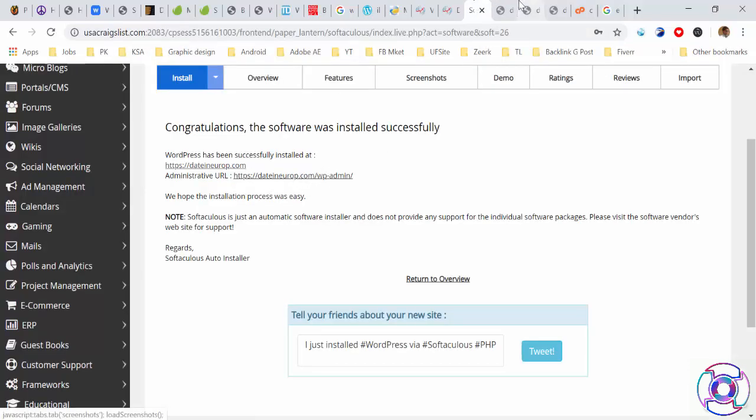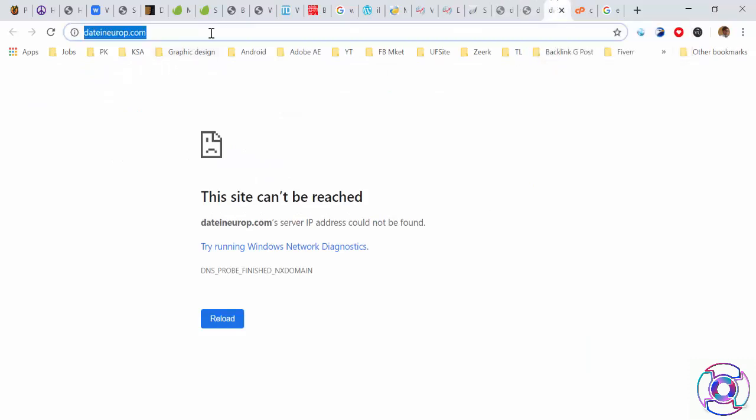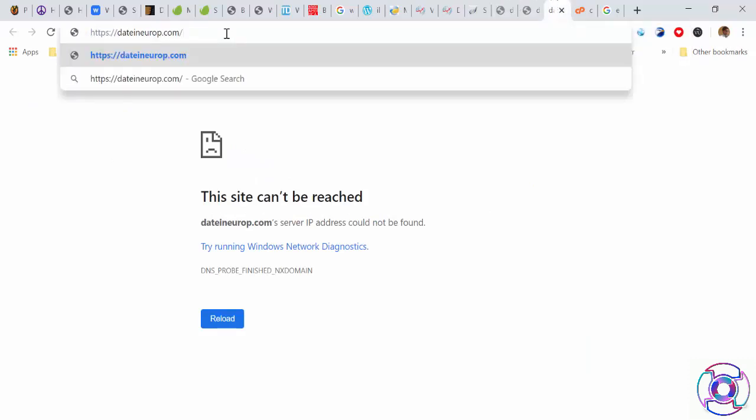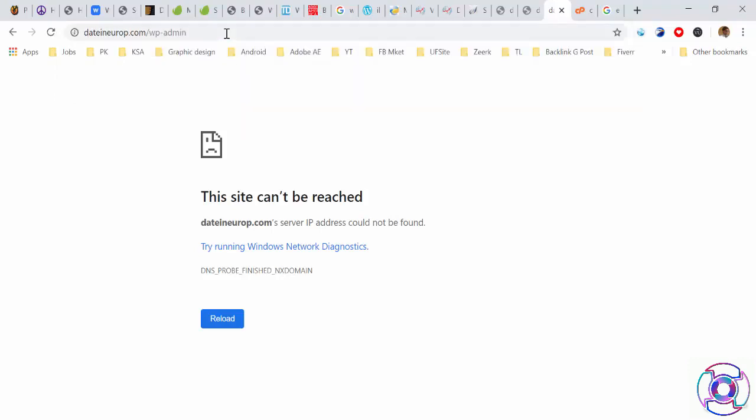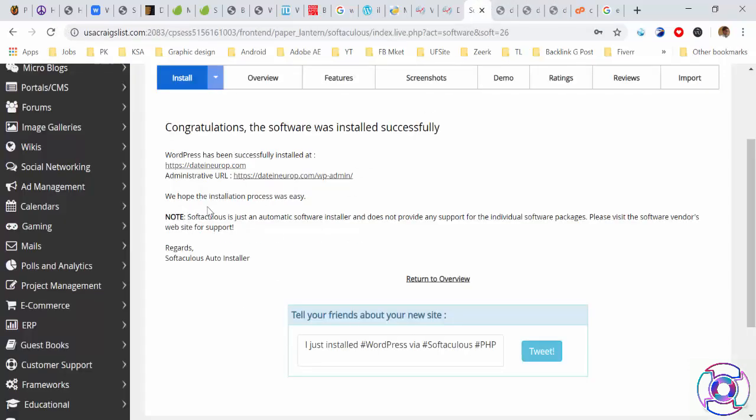I'm going to go here to WP admin. I hope the installation process goes easily. Microsoft does not provide support for individual software packages. Please visit the software vendor's website for support. Softaculous installer.